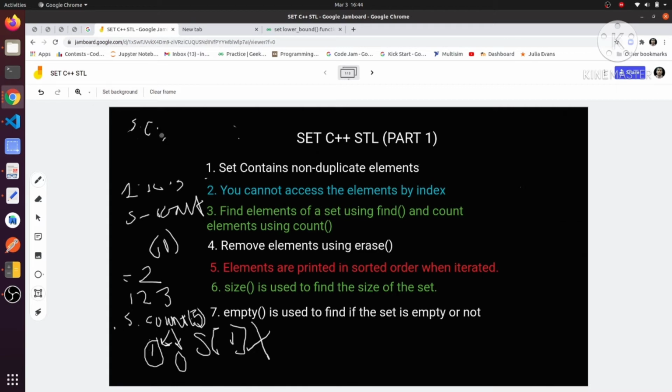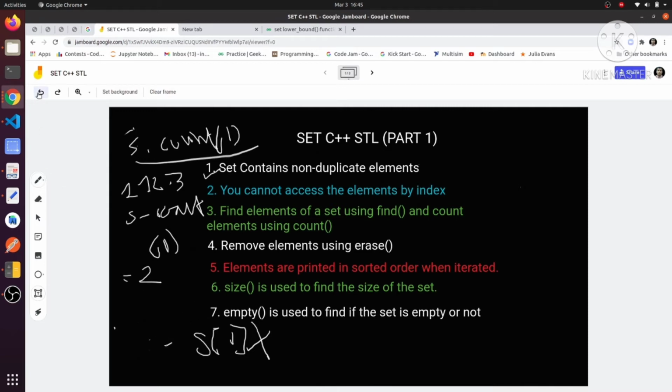So we can conclude that count will return either 1 or 0. It is very trivial, and since the set contains non-duplicate elements, it will return like this.